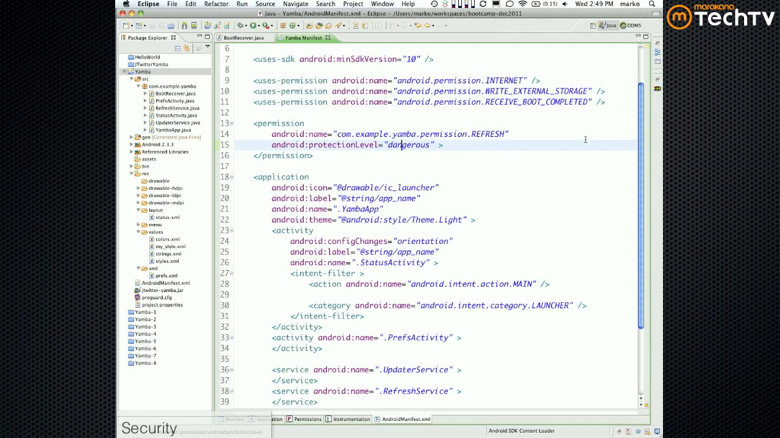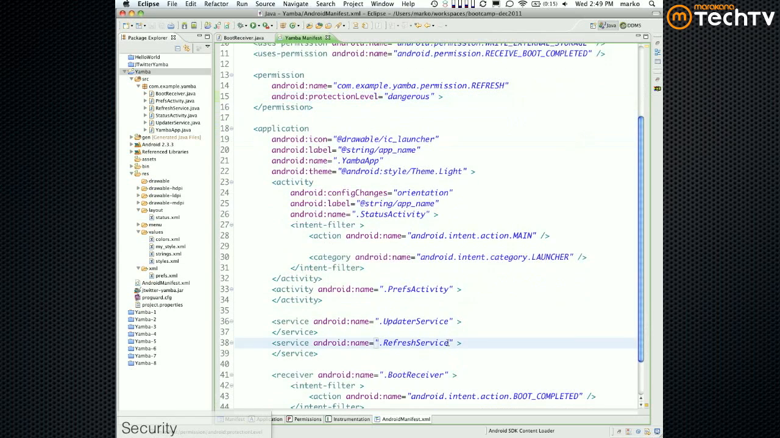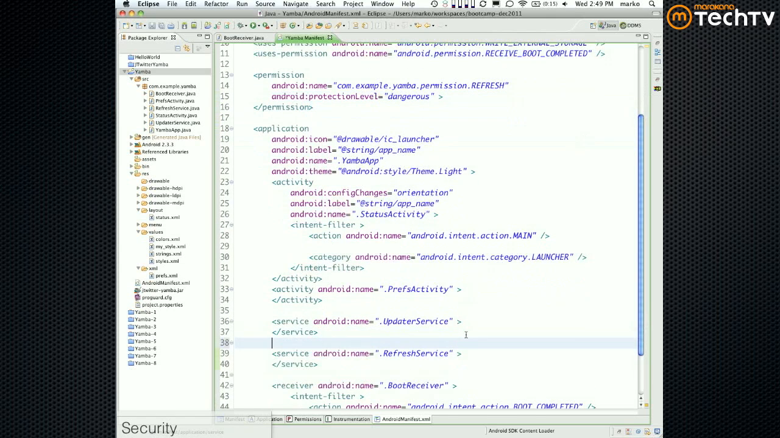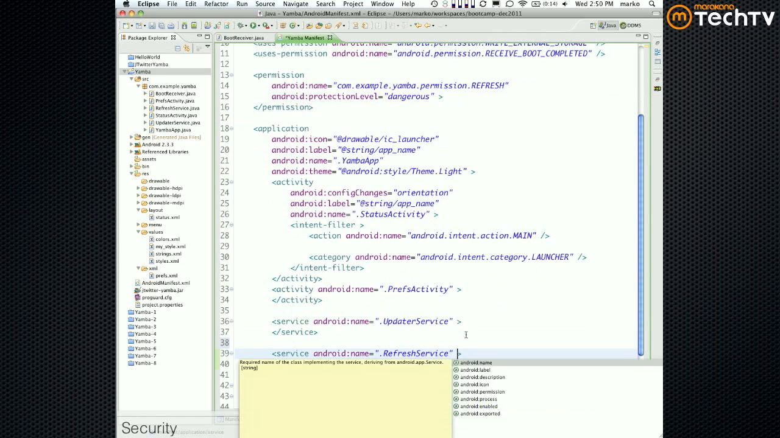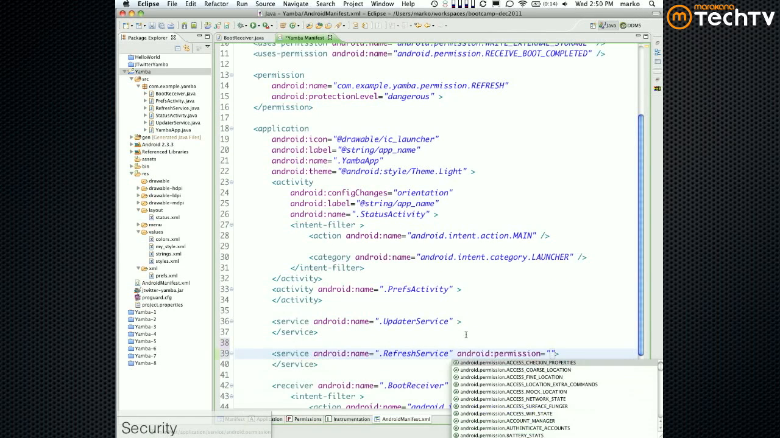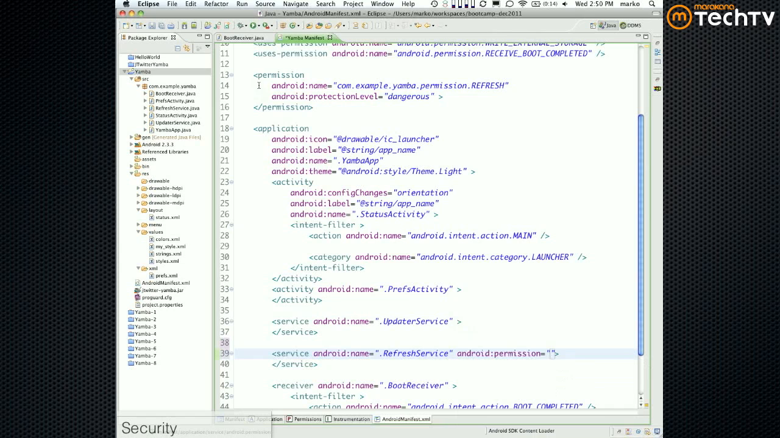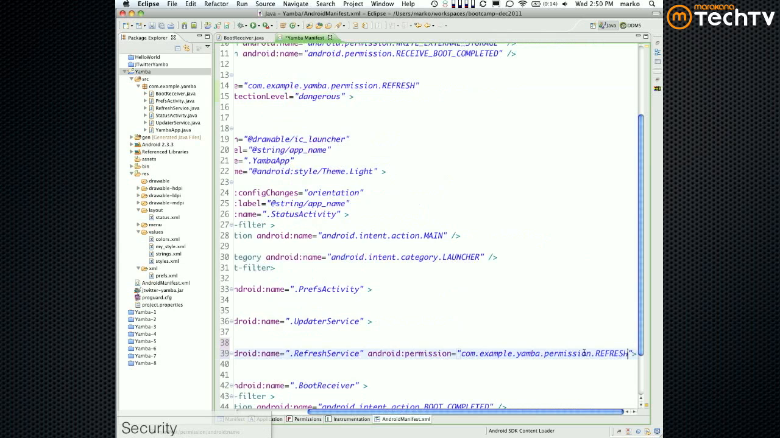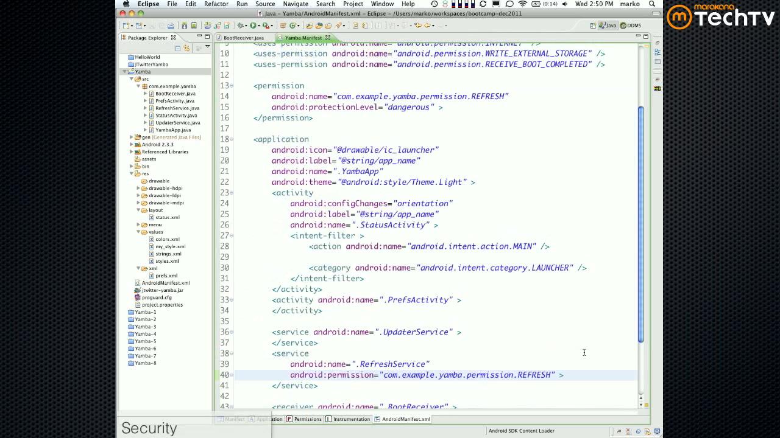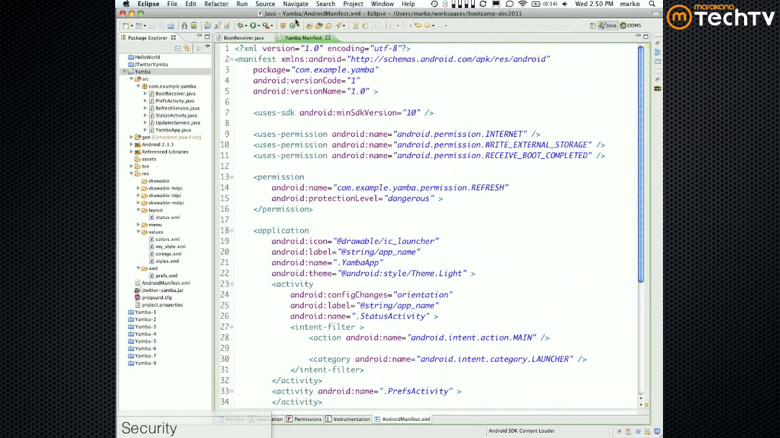So let's say our refresh service is now no longer anyone can access and launch refresh service. I can now say permission, and then I need to match this letter by letter, right? So copy paste that. Permission, that, Control Shift F to reformat. Okay. So if I rerun this on my device,